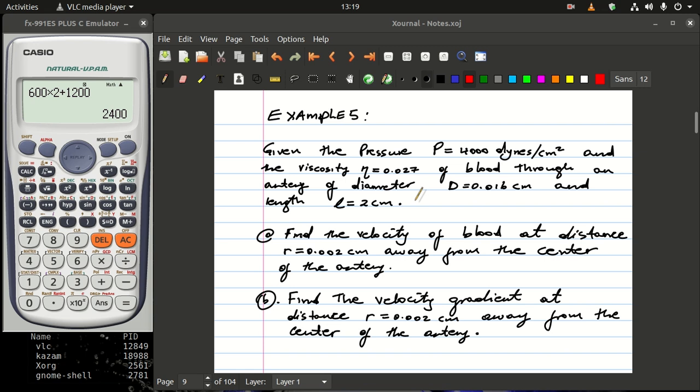explain some few terms here. So what do we mean by dyne? What do we mean by viscosity? Of course, we know that the diameter, if let's say you have a circle, the diameter is the length from this position to that position, or it is 2 times the radius of that circle. So we know that. So what is the pressure? We know that the pressure is the force applied divided by the area whereby the quantity of interest is passing through that